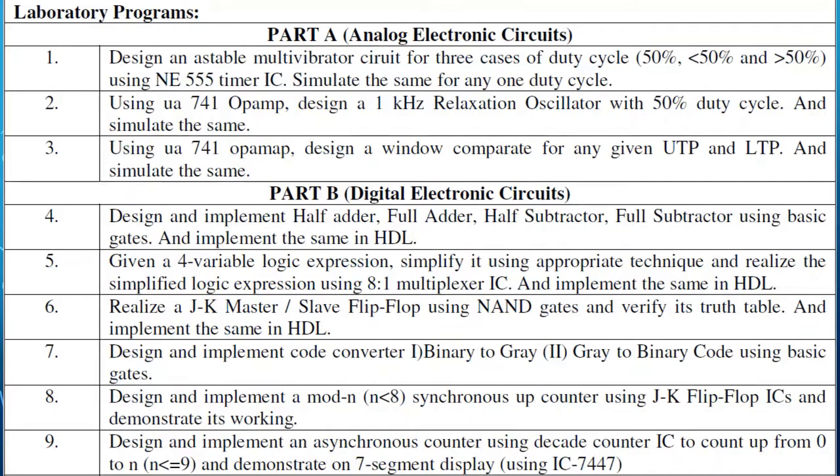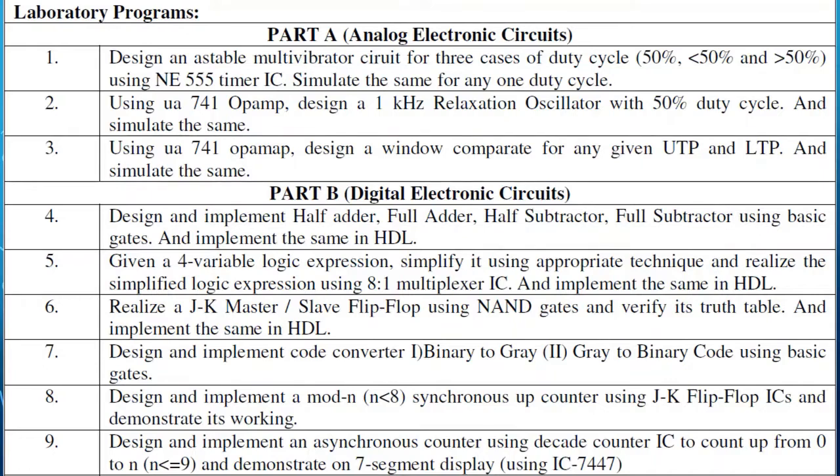Hardware experiments are the ones in which the physical components will be given to you and you will be asked to rig up the circuit as per the circuit diagram and get the output. Software experiments are the ones in which the hardware experiments you have rigged up need to be simulated using a software package. The software package we are going to use for part A is ORCAD. ORCAD supports almost all the analog components we are using in the hardware experiments and lets them be connected and simulated for the same inputs you would have used for the previous hardware or hardwired experiments.